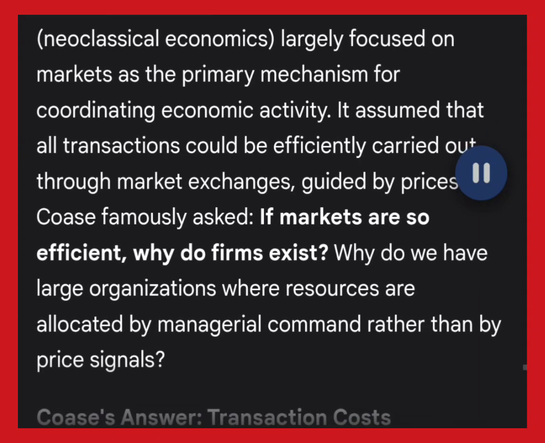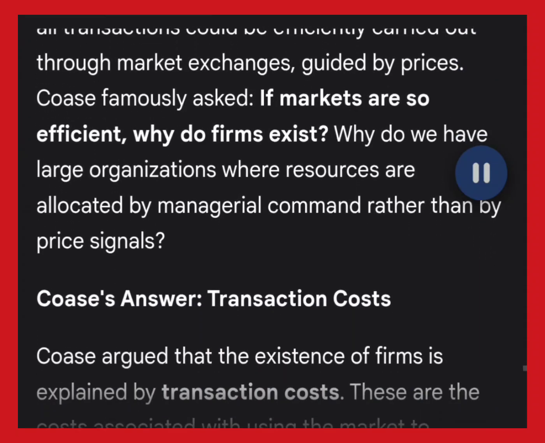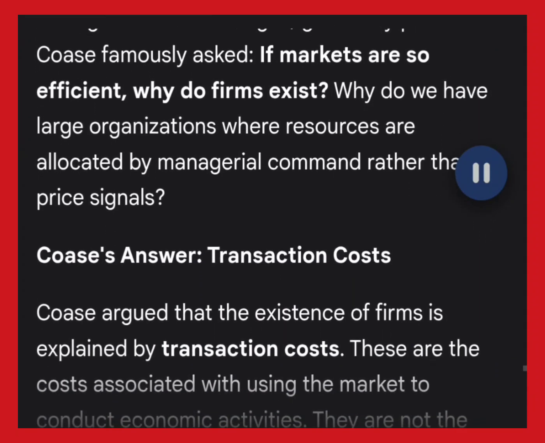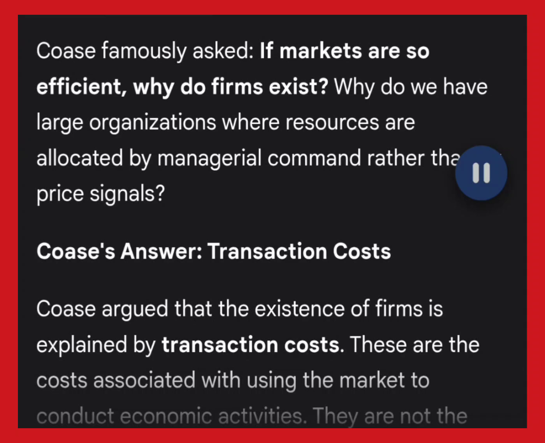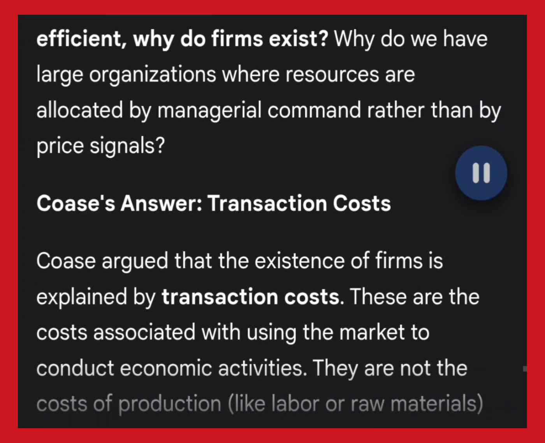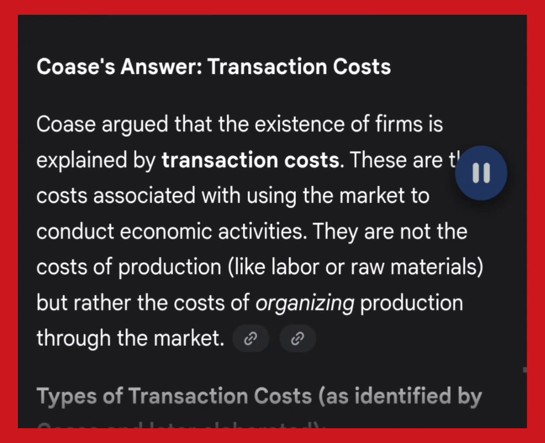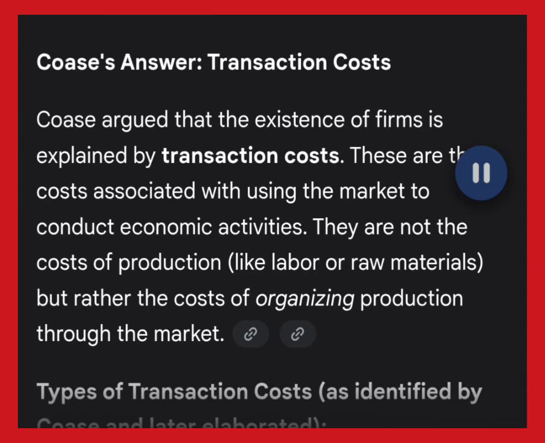Coase's answer: transaction costs. Coase argued that the existence of firms is explained by transaction costs. These are the costs associated with using the market to conduct economic activities. They are not the costs of production, like labor or raw materials, but rather the costs of organizing production through the market. Types of transaction costs, as identified by Coase and later elaborated: